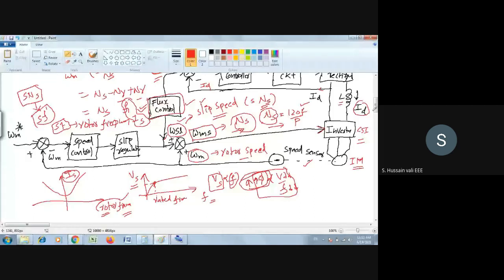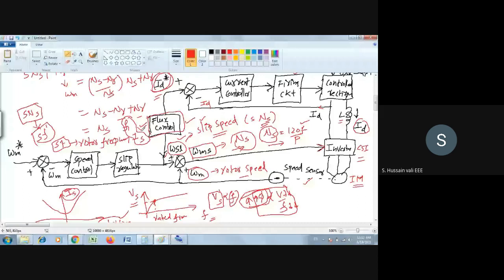So this flux control box is also generating the stator current, that is Id star, the reference stator current. Whichever is required, that will come here. The Id which you generate here may not be equal to the reference value. How are you generating the reference value? You generate the reference value based on this graph. So how do you decide the rotor frequency here? The rotor frequency is decided by the flux.